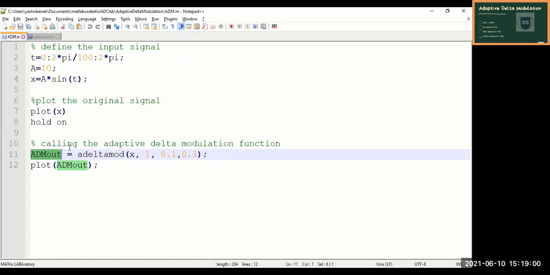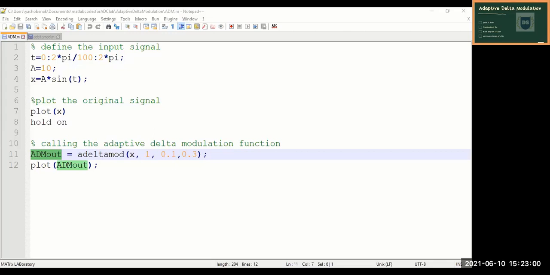In our MATLAB. So open up your Google Classroom, and you have to open up your analog and digital communication lab classroom. Here is where I have posted the MATLAB code for adaptive delta modulation.